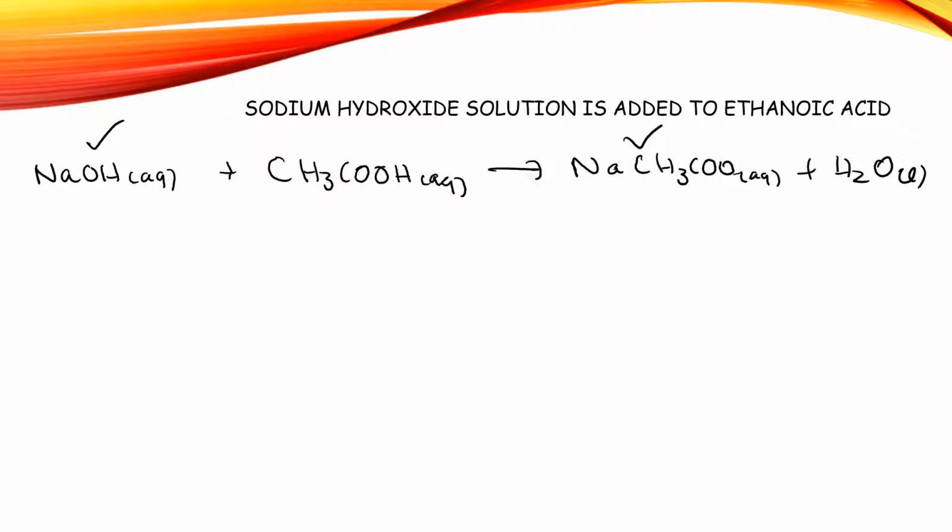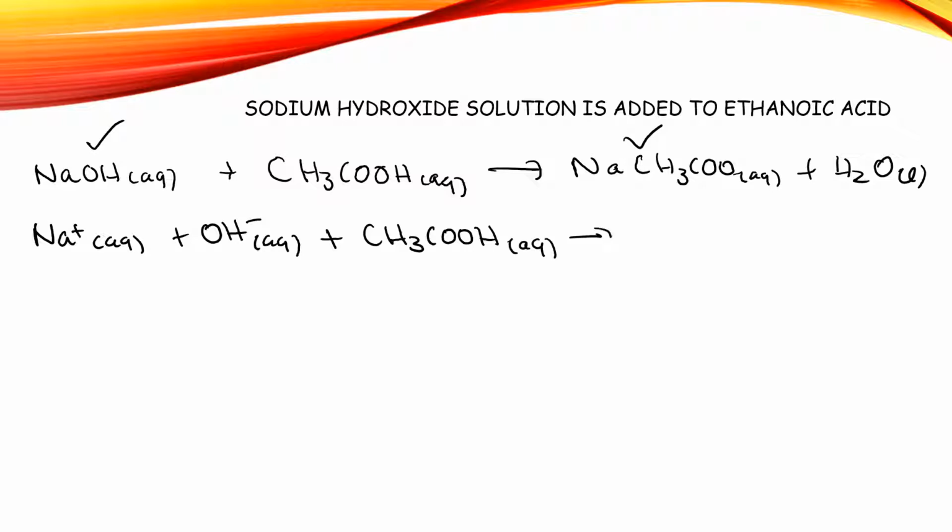So let's rewrite. Sodium ions plus hydroxide ions plus ethanoic acid goes to sodium ions plus ethanoate ions